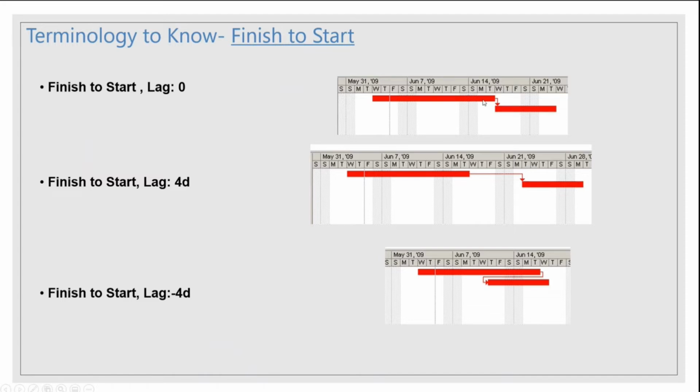with a lag of zero, which means when the first task gets finished, the second task immediately starts after that because the lag is zero. When we go into Microsoft Project, we'll see how to assign this lag. Now, the second snapshot is finish to start with a lag of 4 days. Means there is a 4 day